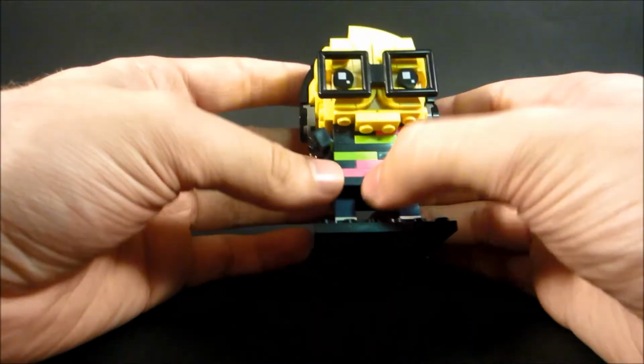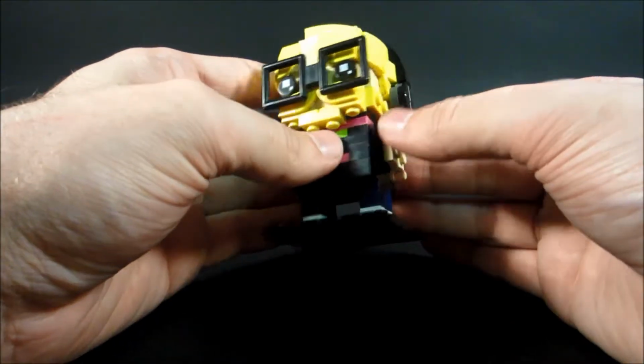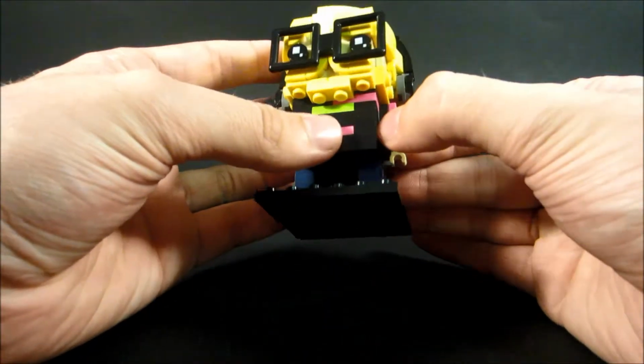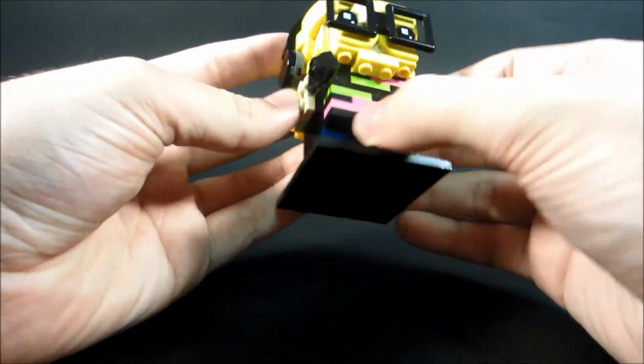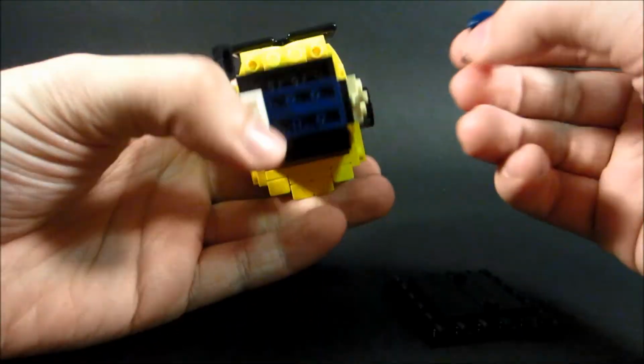No! Specifically in neon green and hot pink. So, pretty great shirt, in my opinion. So, got that. The way you make jeans, you just use all the dark blue pieces they give you, which is